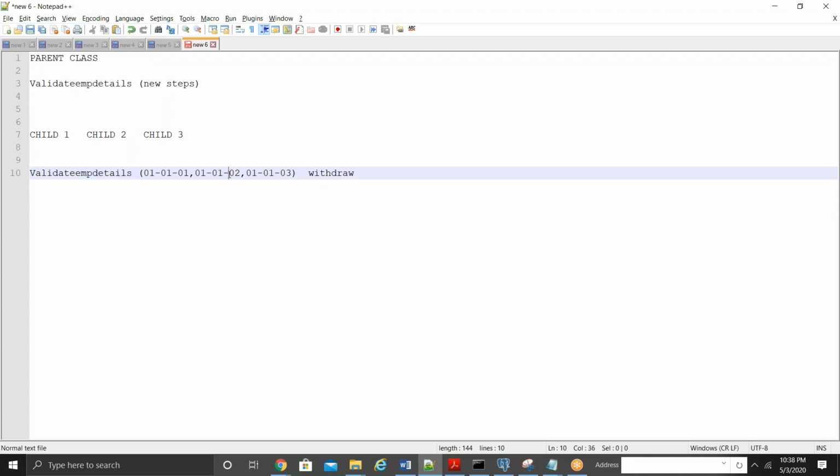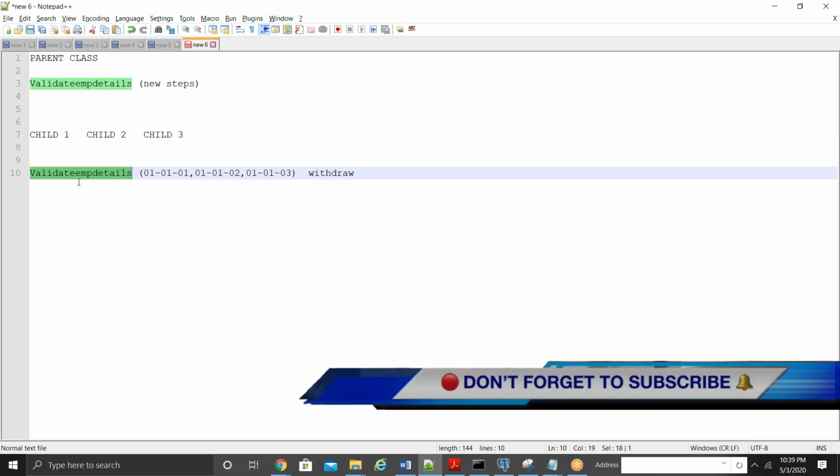Only if you withdraw this, the rule with the same name in the class hierarchy, it can be a pattern parent or directed parent, but somewhere in the hierarchy, the rule will be picked if and only if you withdraw it in the current layer. So withdraw means if you withdraw a rule in the current layer, and the same rule exists in the parent classes, it is going to be picked.